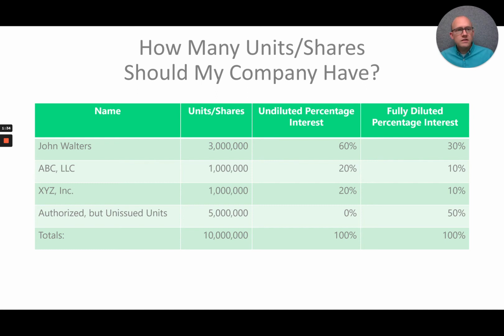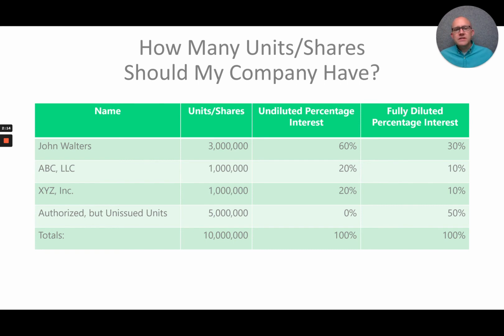So, for technology companies that are going to be using stock options and other things like that to incentivize and compensate owners and are going to be raising a lot of money, having tens of millions of units and shares makes a ton of sense. For a business that's going to be owned by a husband and wife, and you're not going to be giving it away to anybody until you die and you pass it to your kids or give it to charity or whatever, in those situations, having 1,000 units or 100 even works just fine.